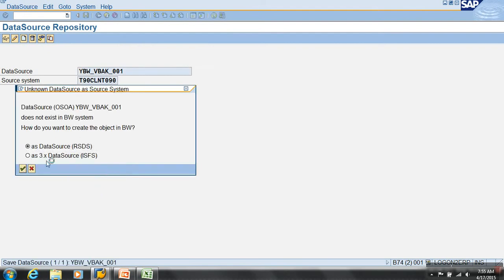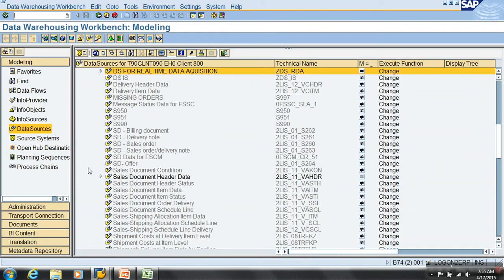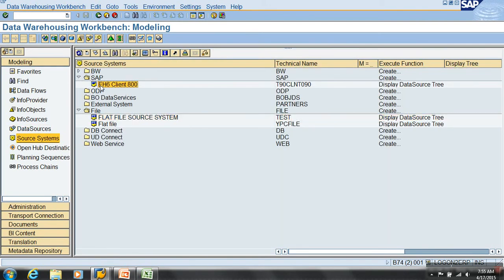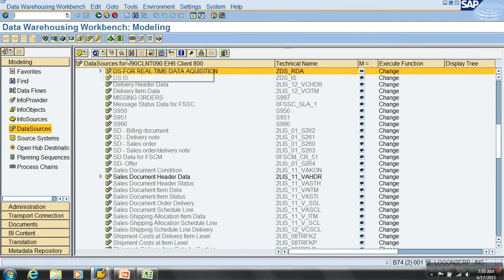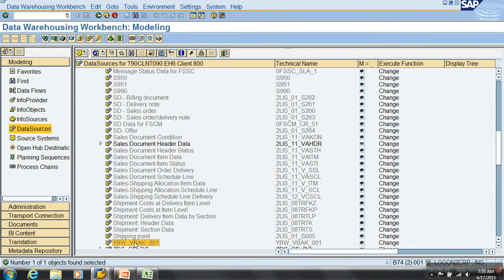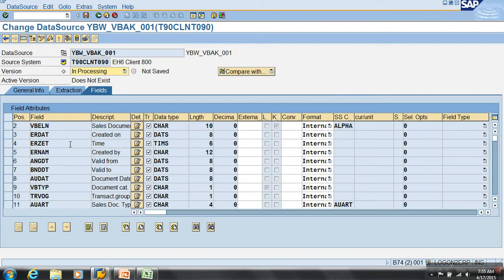As RSDS 7 flow. Okay. Replicate it. Now if I go to RS7, source systems. If I go to R3 connection, right click, say what? Display. I should find my data source. Do you find it? Yes. And say what? Change. Only thing is, once you find replicated and you get all the fields of that same